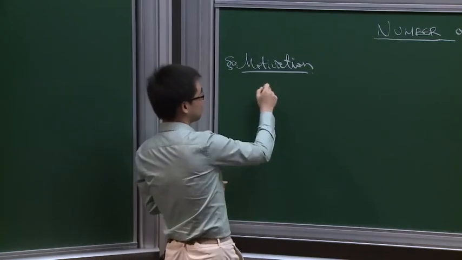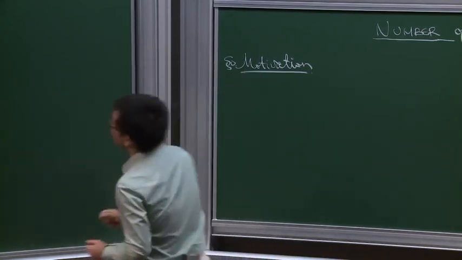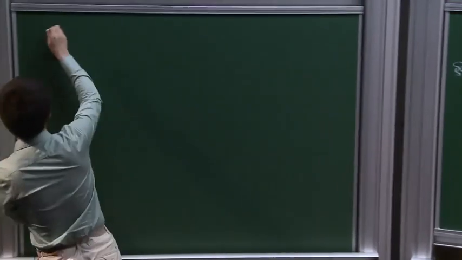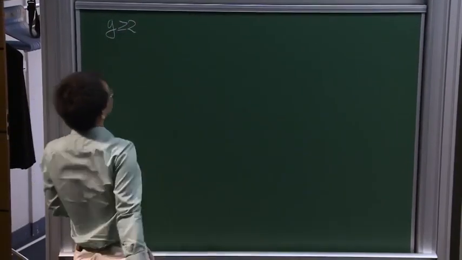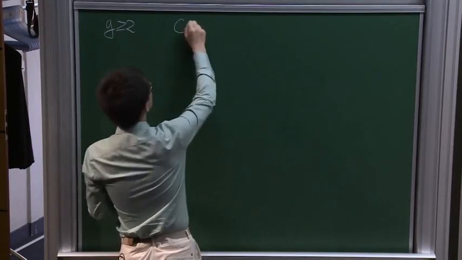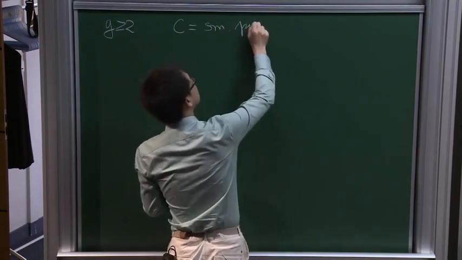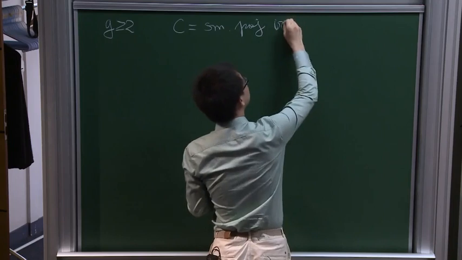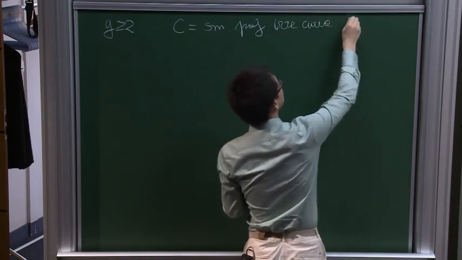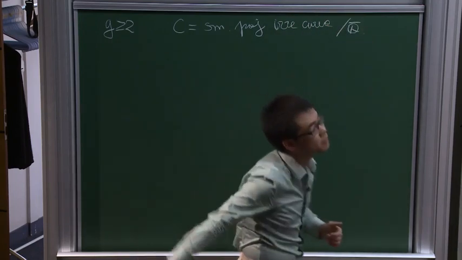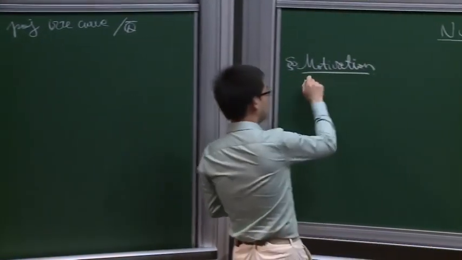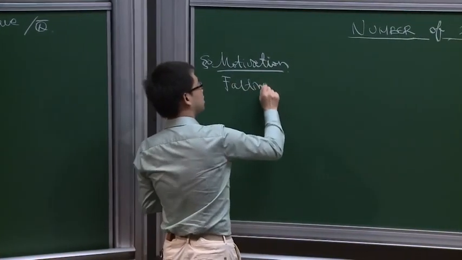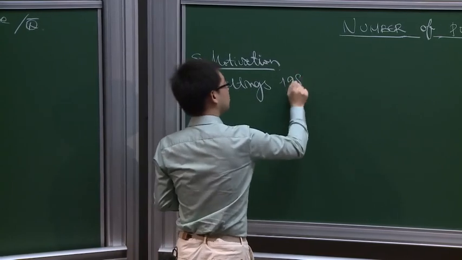Let's start with Faltings' theorem. In my whole talk, I'll fix g to be an integer at least 2, and C is a smooth, projective, irreducible curve defined over Q bar. The motivation is first, Faltings proved in 1983 that